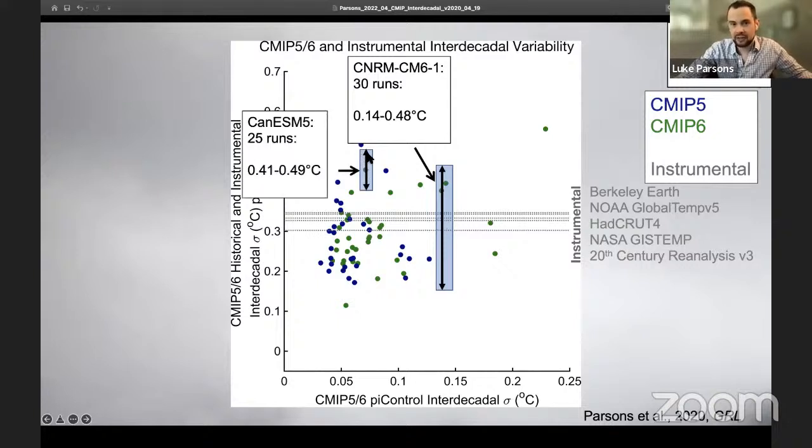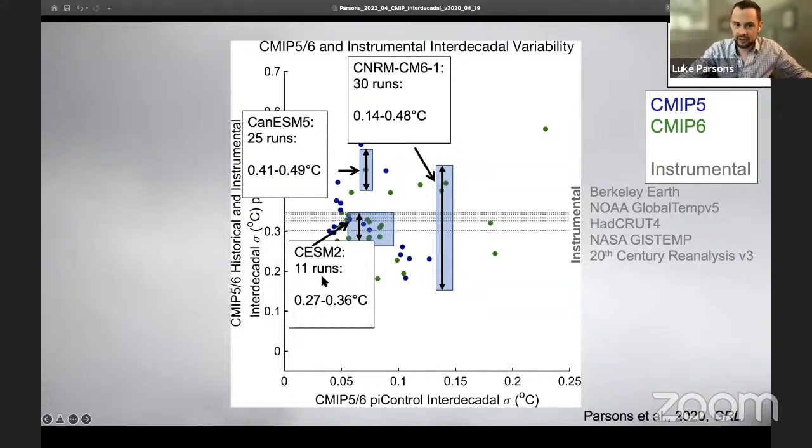If you did this for the Canadian Earth System model, it actually interestingly never really falls within the envelope of the instrumental data. For the NCAR CESM2, I didn't grab the large ensemble data. I just grabbed the 11 runs that were on the Earth System Grid Federation. It falls within here. And also this envelope expanded out here because the NCAR model nicely has, I think, 1,200 years from the control run. And so if I grab different sections of the control run, there can actually be different amounts of internal variability across the control run within the model. So that's why this box got bigger.